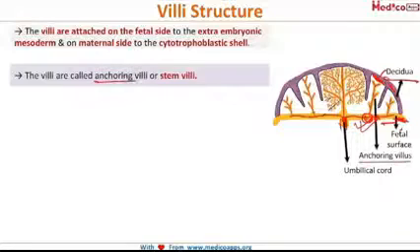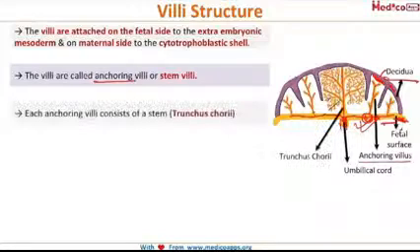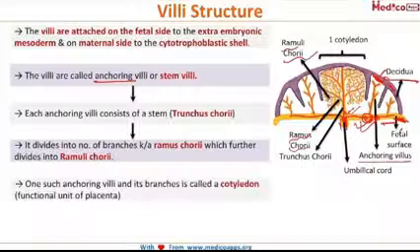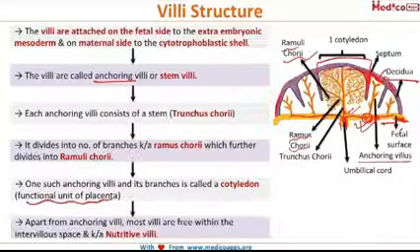Now each anchoring villus consists of a stem which is called truncus chorii, and these divide into a number of branches called ramus chorii, which further divides into the ramuli chorii. And one such anchoring villus along with its branches, this complete thing is called one cotyledon, which is the functional unit of the placenta. And apart from the anchoring villi, most villi are free within the intervillous space and they are called nutritive villi. And there was a question recently asked, what is a cotyledon, and the answer to that question was the basal plate divided by the